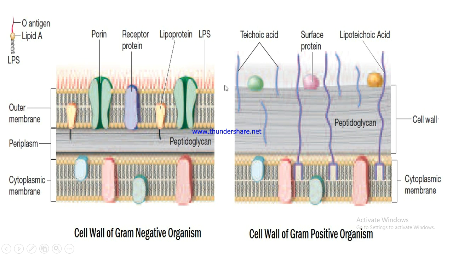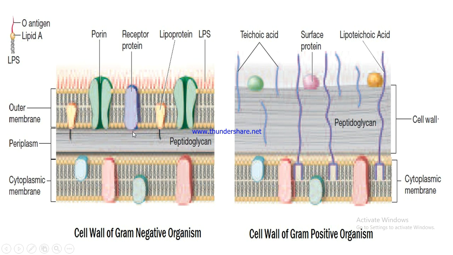When we add the crystal violet dye, it loosely interacts with the cell wall of gram negative bacteria, just like in gram positive bacteria. After that, when we add the mordant, it also forms a strong complex with the cell wall of gram negative bacteria along with the crystal violet.